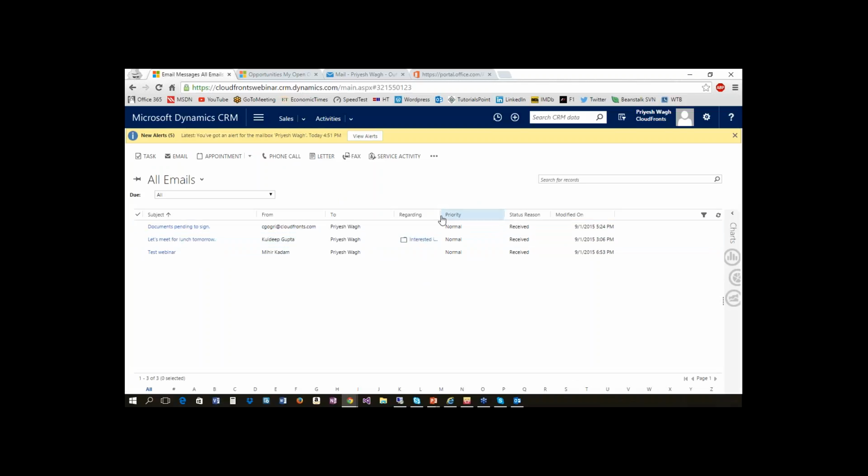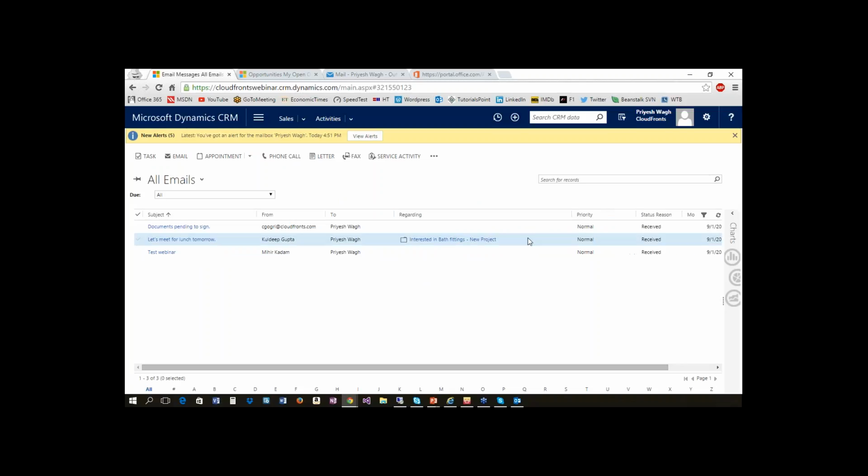And the regarding is an opportunity saying interested in bath fittings, like it's a new project. Because I chose to set regarding for this particular email, the other two emails which I synchronized with my CRM were simply tracked and no set regarding was set for them. So they don't have any set regarding basically. You can say they're orphan records. If I go into this particular opportunity,